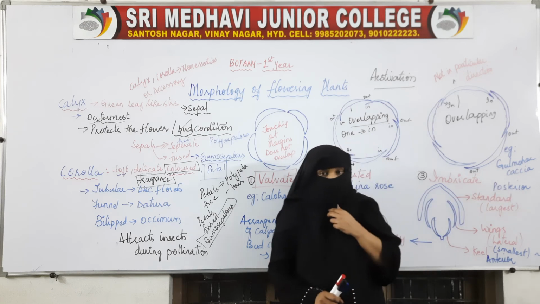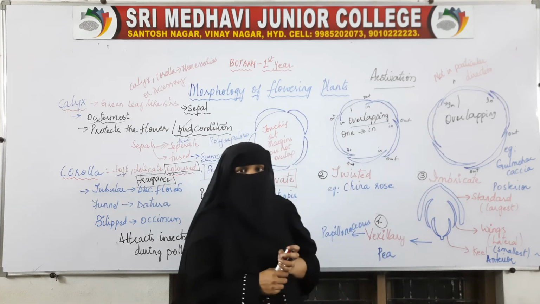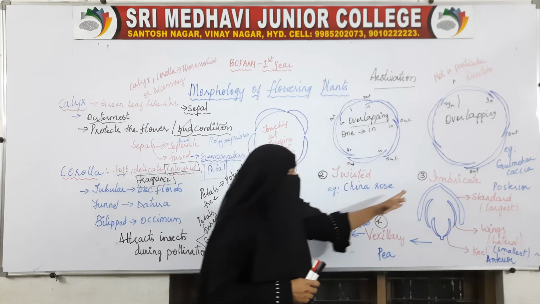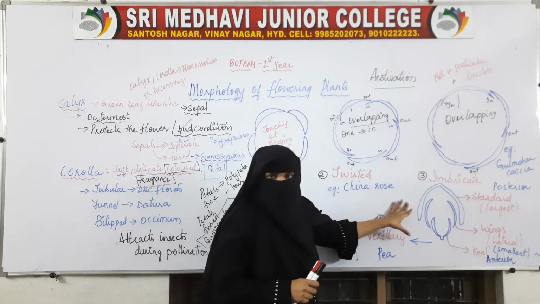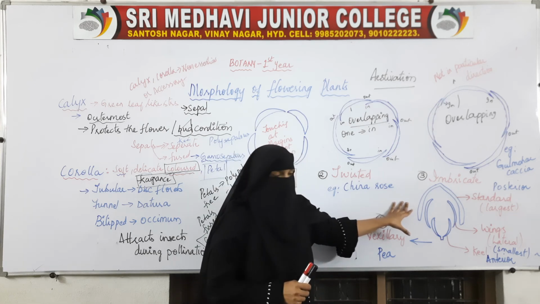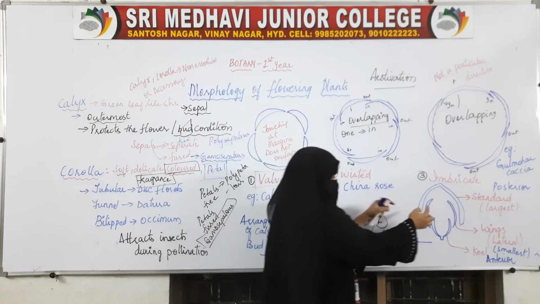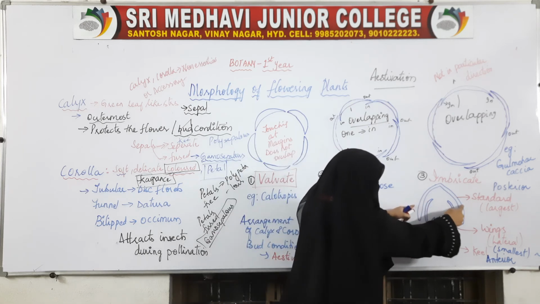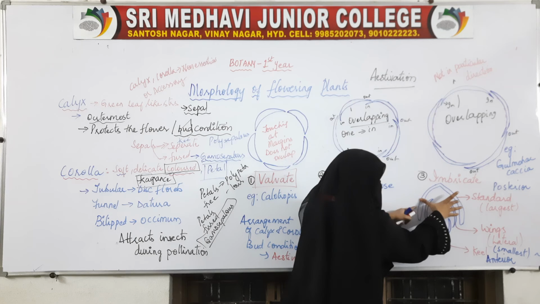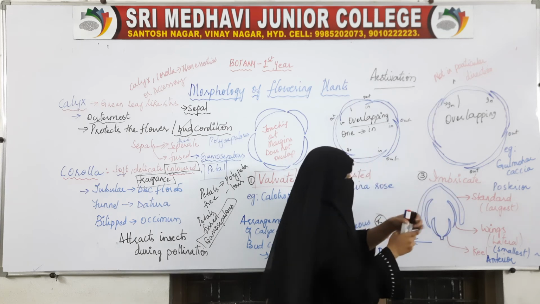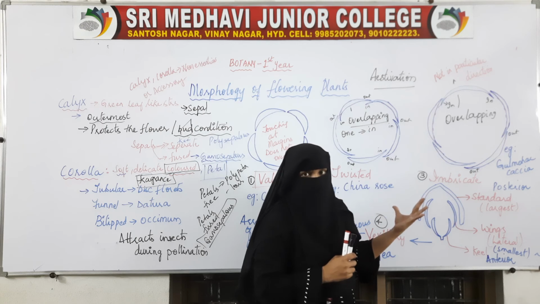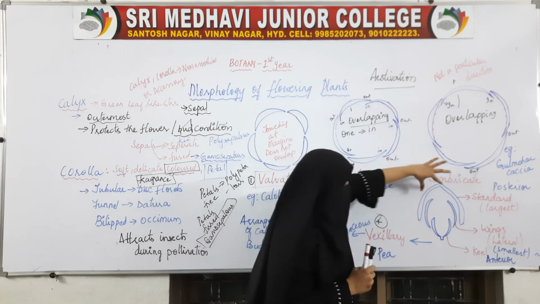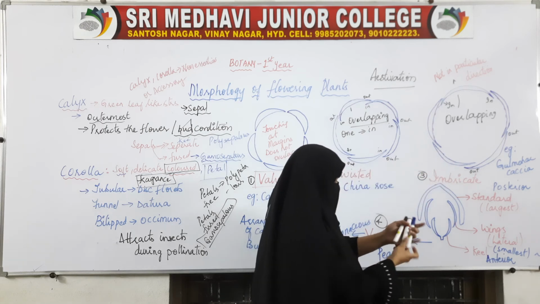Now the last, the fourth type of estivation, is the vexillary estivation. In this also we take 5 petals. This is the first petal, this is the second petal. These 2 petals are the posterior petals, the larger ones. 2 petals are very large, and these 2 petals, see here,